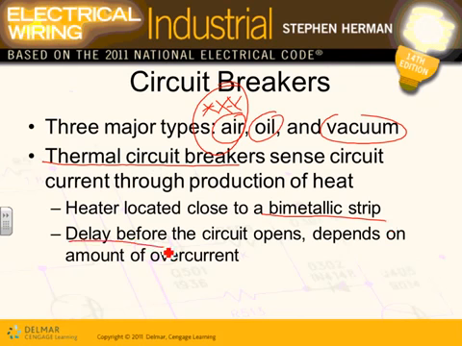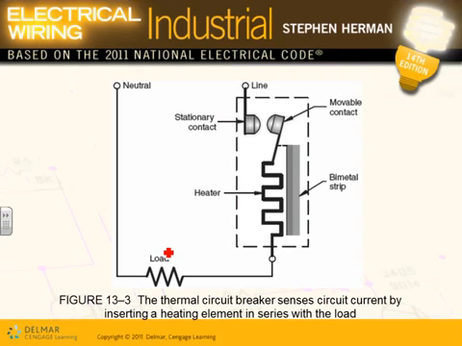So the major types of circuit breakers are air, oil, or vacuum. The tripping mechanism of circuit breakers can be the following. It can be thermal, which is basically a heater. You're going to see it in a second here. Here's how the thermal circuit breakers work. It's called thermal because you have, here's my load, you have a